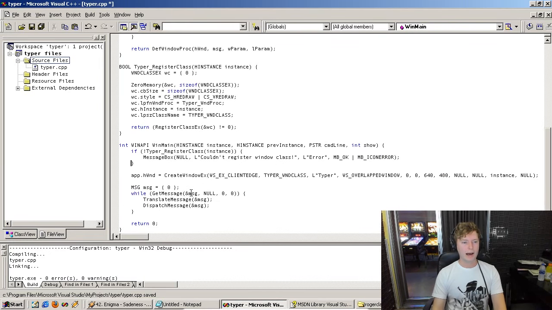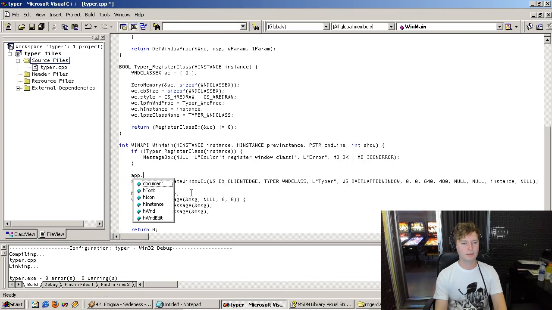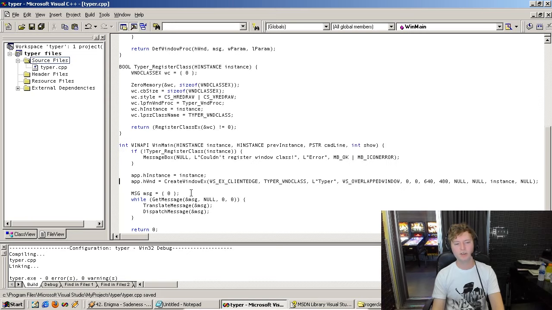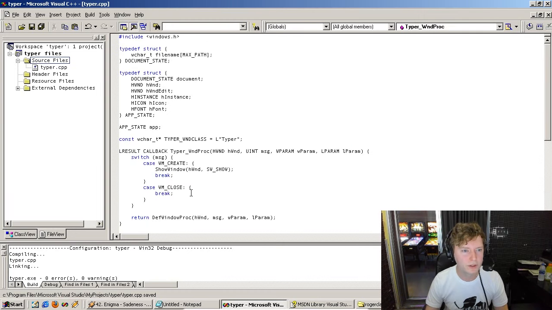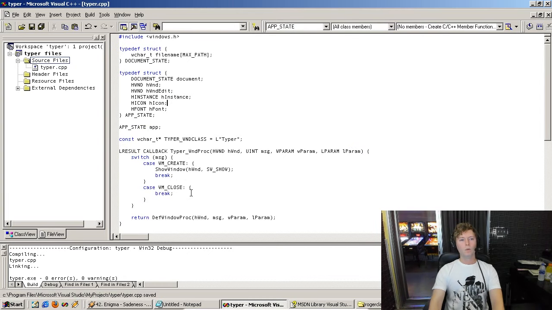Let's give my app object the instance. The HINSTANCE here is essentially a handle to the application module, and by module I mean Windows' internal representation, or its internal record, of the process that's running. What are we doing? All right, so when our window is created,